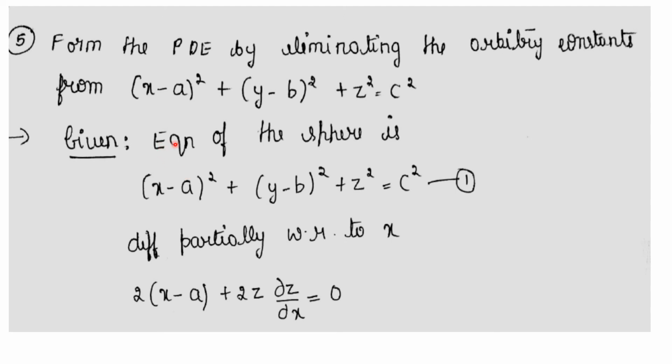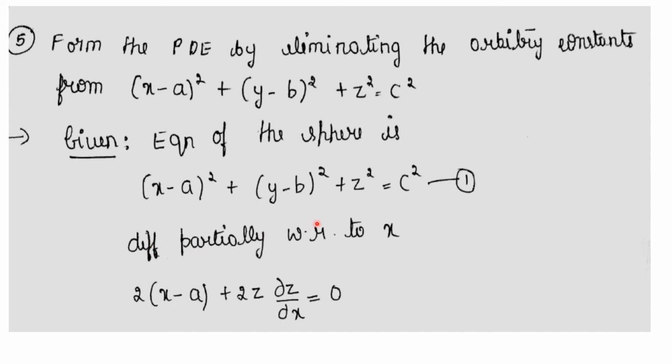So what is the equation of a sphere? x minus a the whole square plus y minus b the whole square plus z minus c the whole square equal to 0 is an equation of a sphere. So whatever equation has been given here, let me denote it as equation 1. So how many constants do you have in this equation? You have three constants, that is a, b and c. So whenever you have three constants, you have to differentiate partially twice, with respect to x and y. Sometimes you can differentiate only x, sometimes only y. Anyhow you can solve, but make sure that you eliminate all three constants a, b, c.